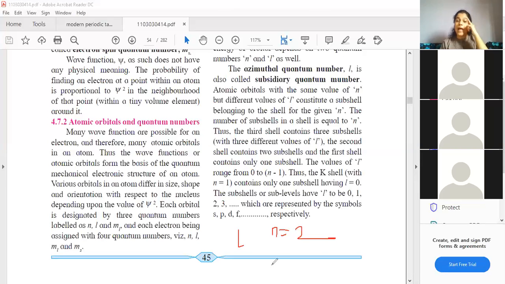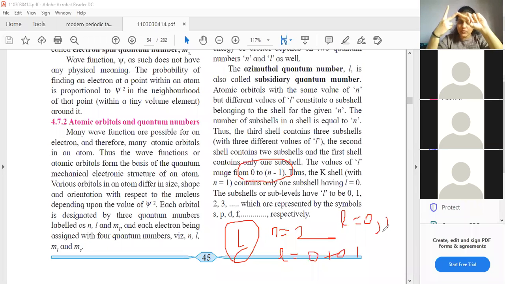So as I was saying, now we have to find out what is the value of small l, the azimuthal quantum number. So the range is from 0 to n minus 1, yes or no? So from 0 to 2 minus 1. 2 minus 1 is how much, students? 1, right? So it is 0 to 1, which means two values, 0 and 1. So for your L shell, small l's value is 0, comma 1. Now students, 0, comma 1 means two values, which means two subshells, S and P. Next one is M. So for M, you will get 0 to 2.